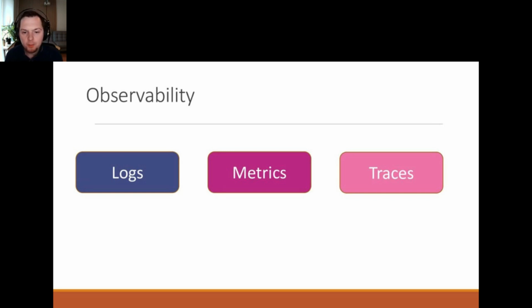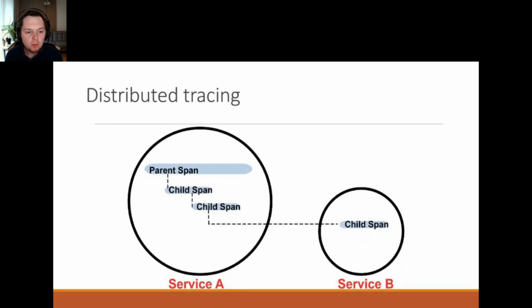Okay, so let's go a bit deeper into tracing. It can happen also in a monolith application.